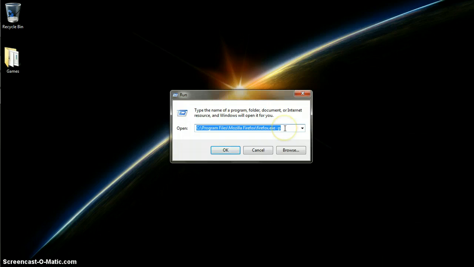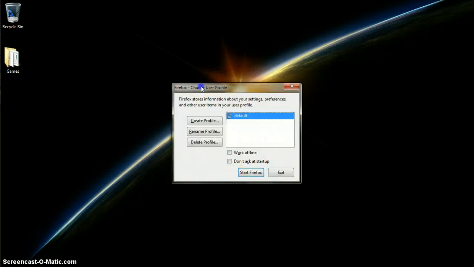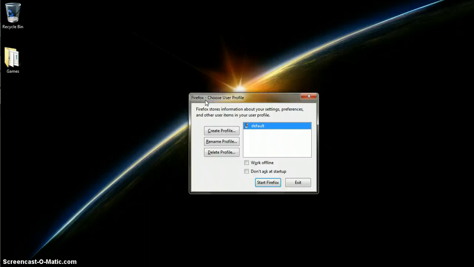That actually gives me an idea. I'll include this path down in the description box, and that way you can highlight it and paste it right in here to the run box, and it'll be very easy to find. So once you have this pasted in, just click OK, and here comes up our profile